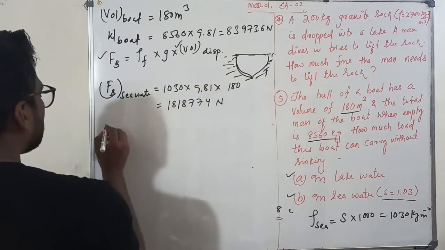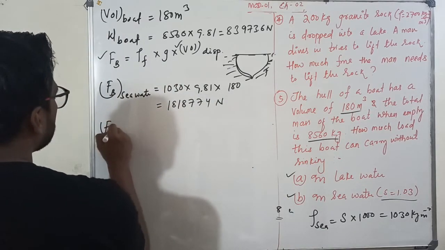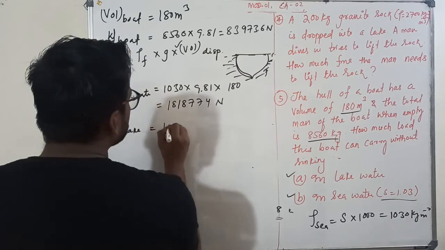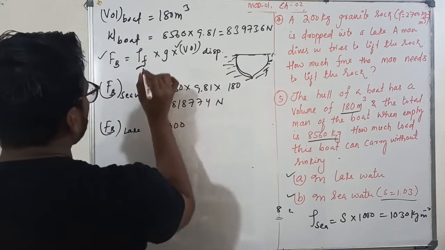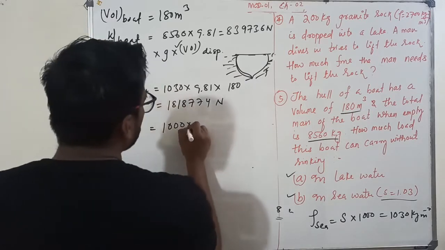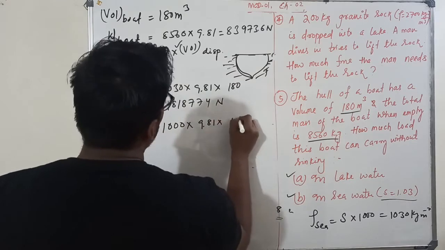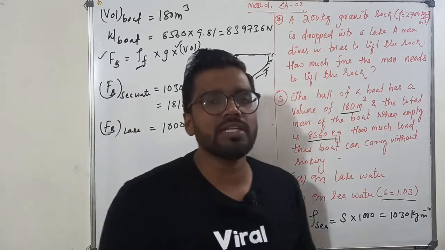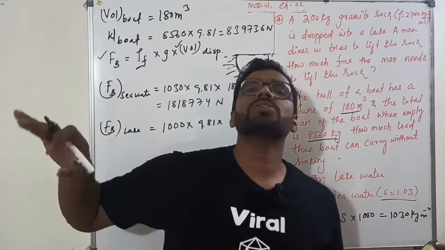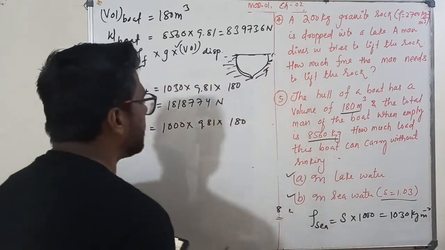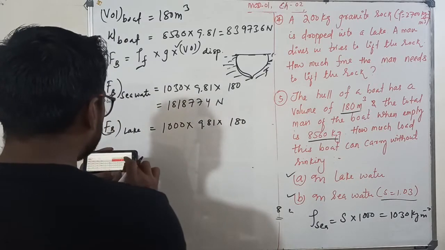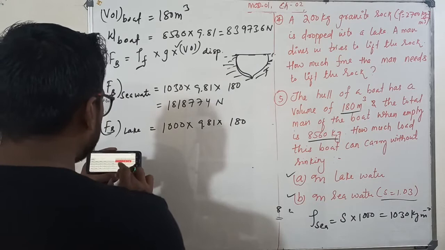Okay. Now let us calculate the force of buoyancy offered by the lake water. Lake is fresh river water. What density are we taking? Sir, 1000. In this case the density of fluid is water, multiplied by 9.81. Volume displaced, whether in sea or in river, we are assuming the total volume is displaced, because we need the maximum buoyancy force. So calculate 9810 multiplied by 180.